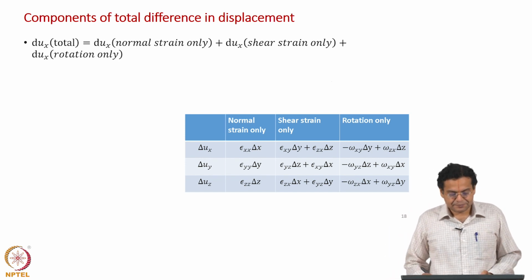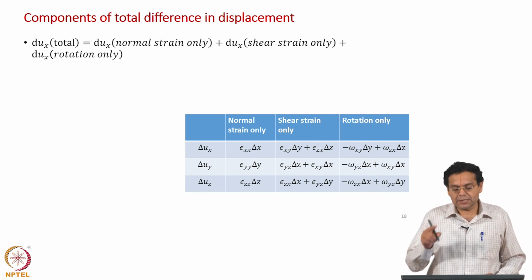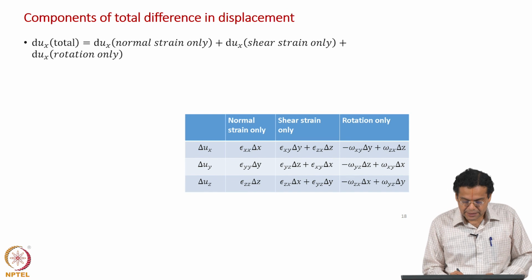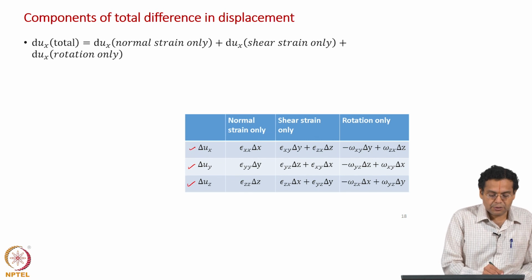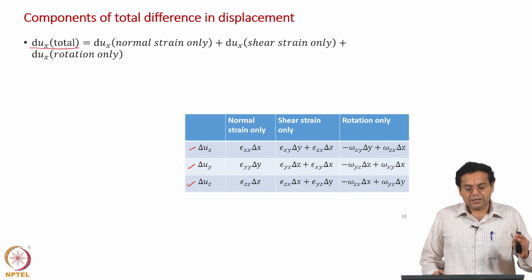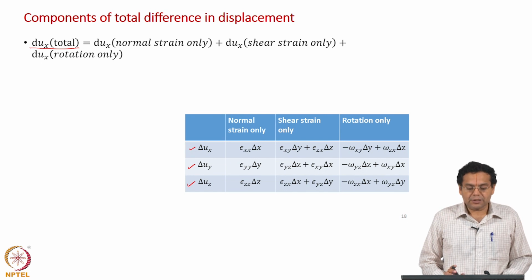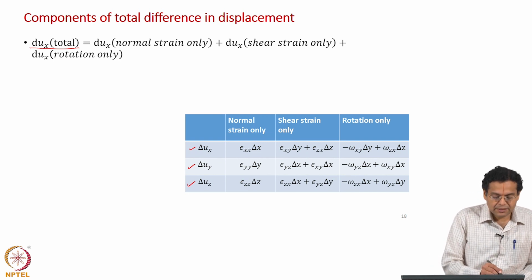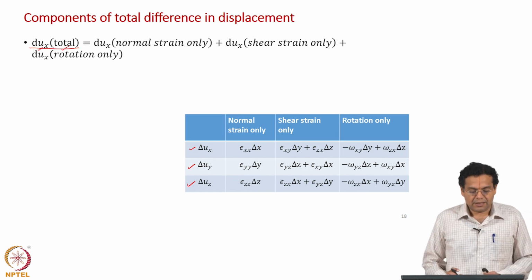So, now what we do, okay, I come back to differential, because our expression, the displacement gradient expression, was in terms of differential. Let us just come back in terms of, though this table is in terms of difference, I am writing in terms of differentials. Okay. So, look at the nomenclature very clearly written here, the left hand side is difference in displacement, okay, and then the bracket says total difference in displacement along x direction. So, left hand side says difference in displacement or differential in displacement, and that is a total difference in displacement.